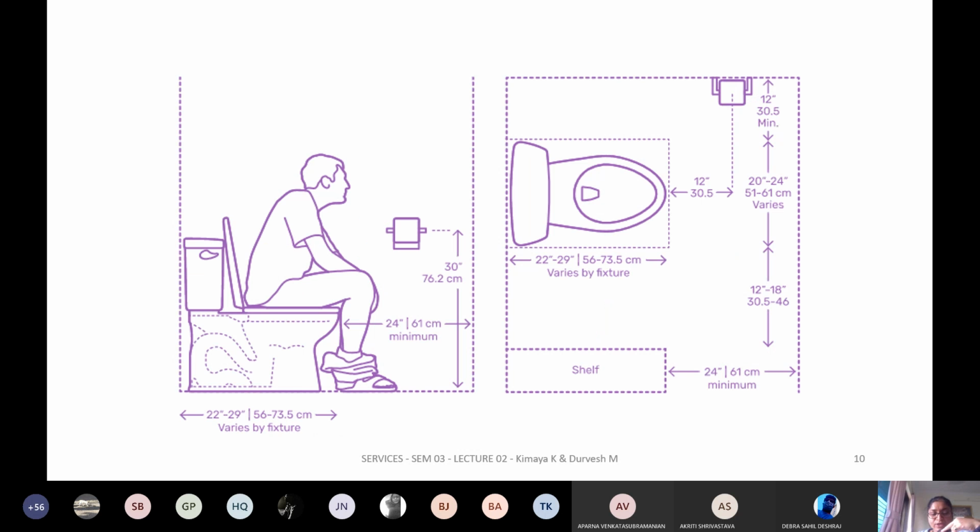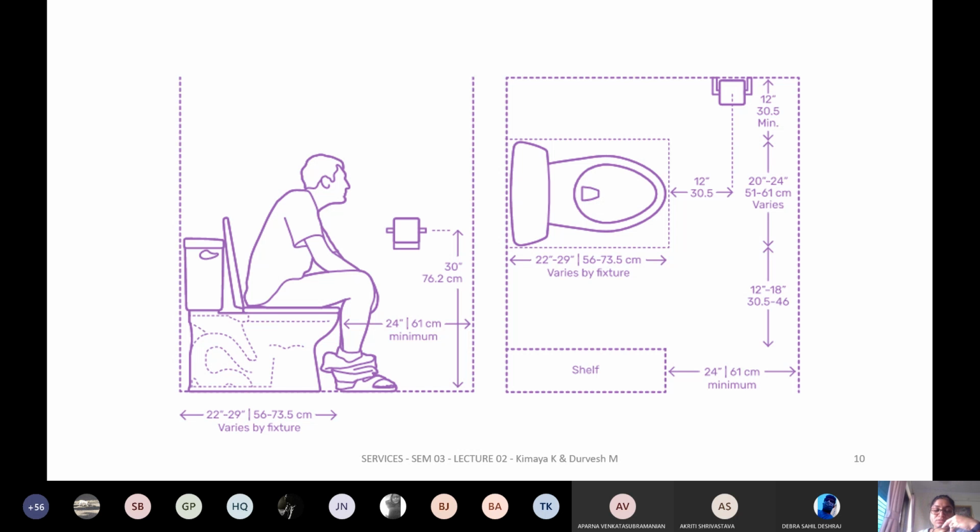These are the heights which are also very important in terms of where you actually place your toilet paper roll. It is very important because you don't want the toilet paper roll to get wet. So it's very important, and where are you going to keep it? Is it easily accessible by the person? So that's the height of the toilet paper roll. It's also called the TPR. So whenever you're going to make a drawing, we might ask you where is your TPR.